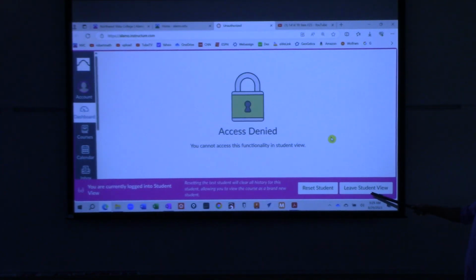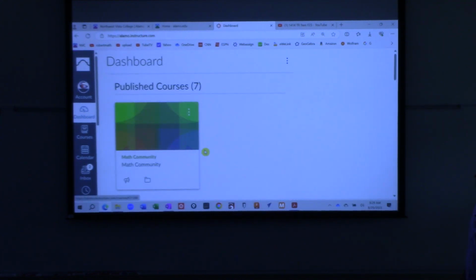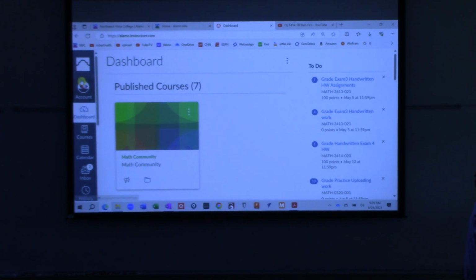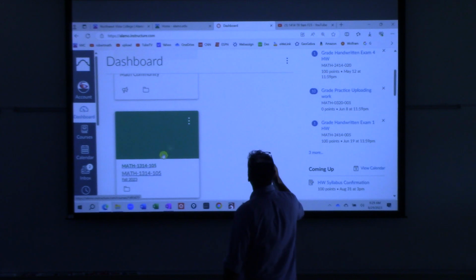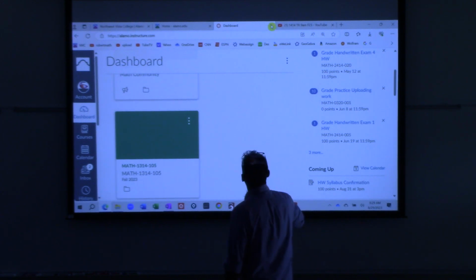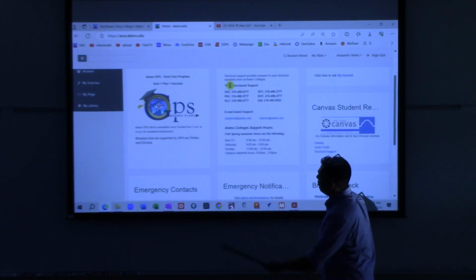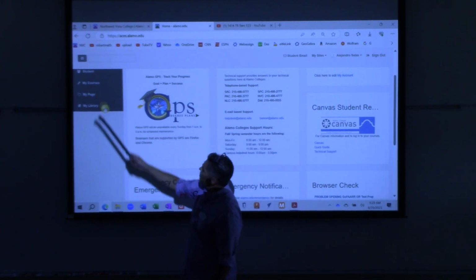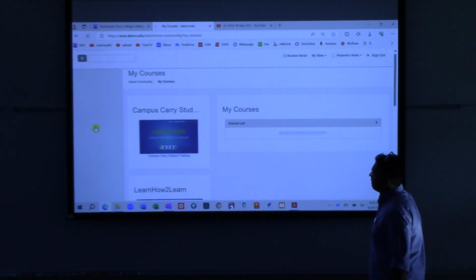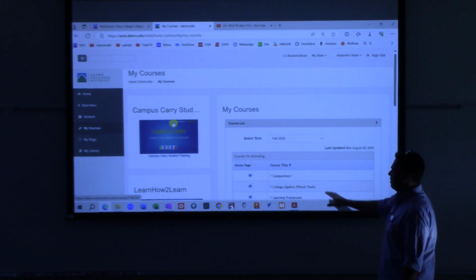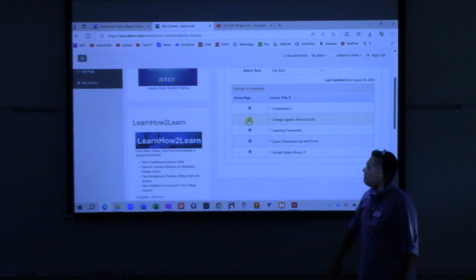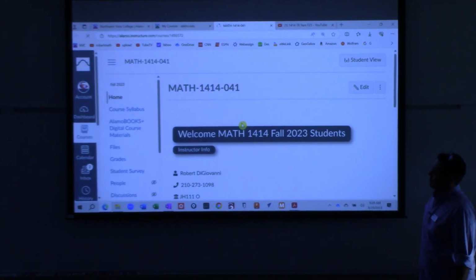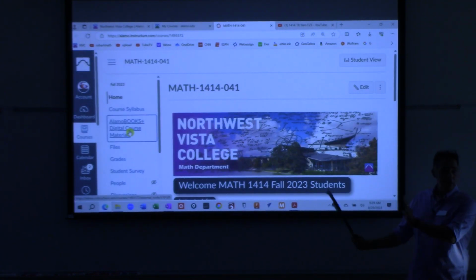go leave student view. It's because it thinks you're me. All right, does that look like you? No. No, okay, so hold on. Let's close this window out completely. Close that tab out. Okay, go to my courses over here. Okay, and then, yeah, okay, this is you here. Now, click on your college algebra home right there. That looks like it. Okay, everyone following?